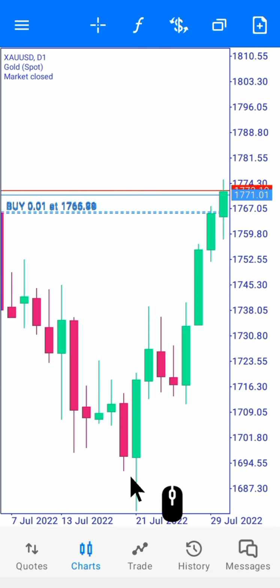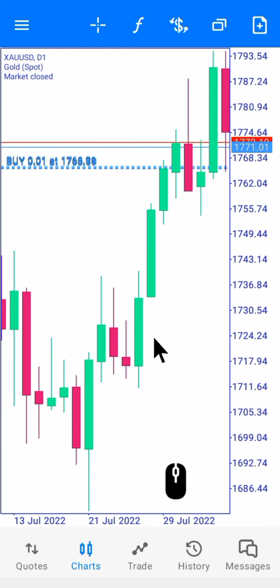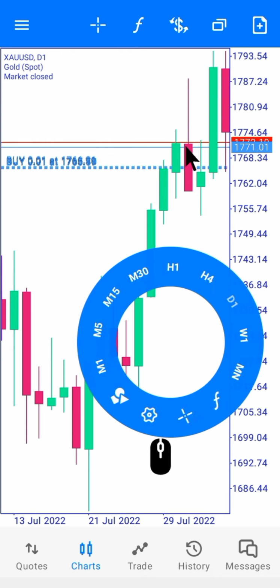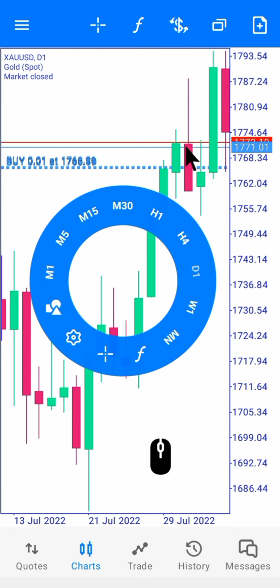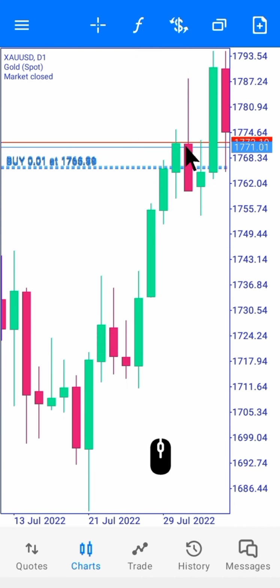Then buyers came in with a lot of energy and pushed the market. That's why you can see bull candles following each other. But most of the time, when you are a day trader, a scalper, you can use like a